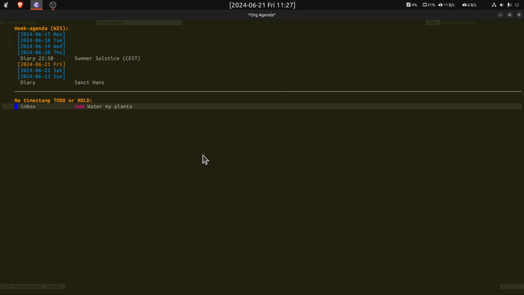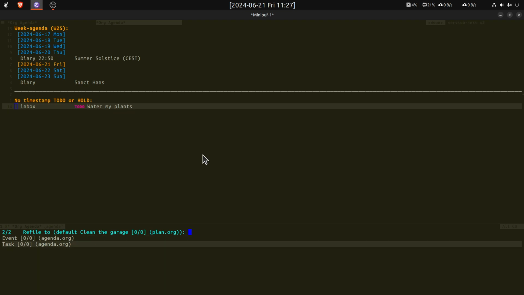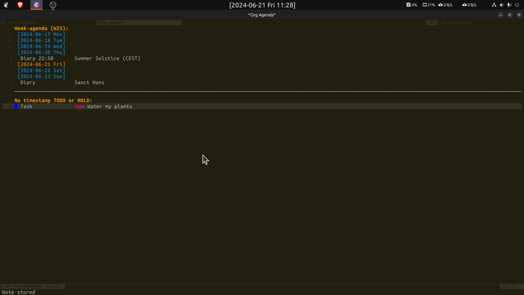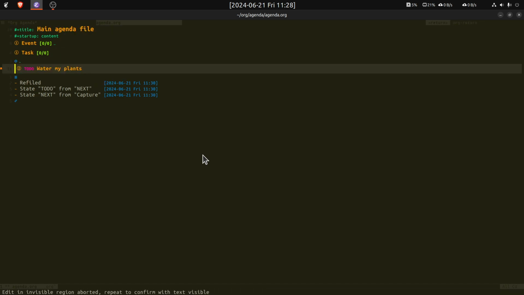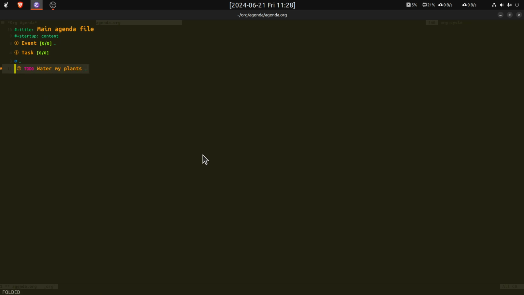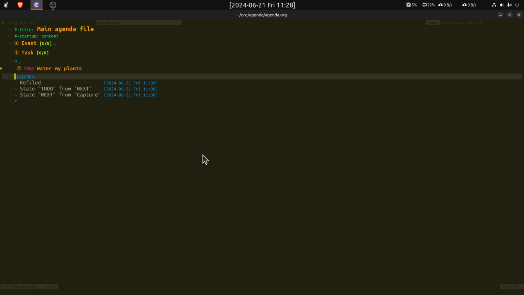So let's say this is a task. So I refile it, and now it's a task. The category out here has changed to task, and if I see my agenda file, then it's in here. You can also see, whoops, okay, that should be down here. Yeah, you can also see how my logbook